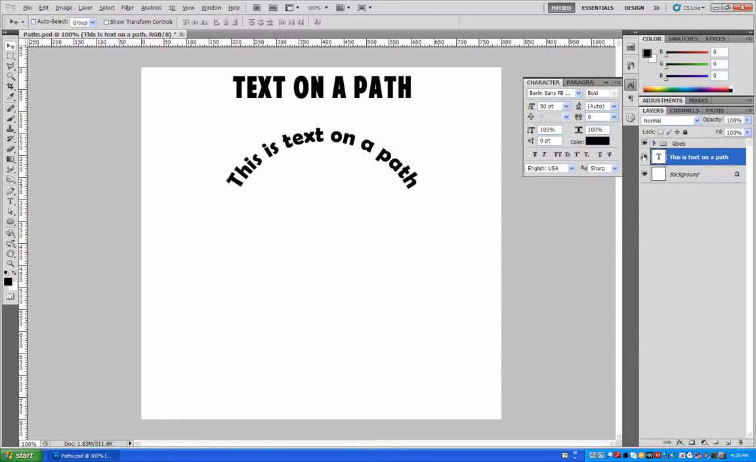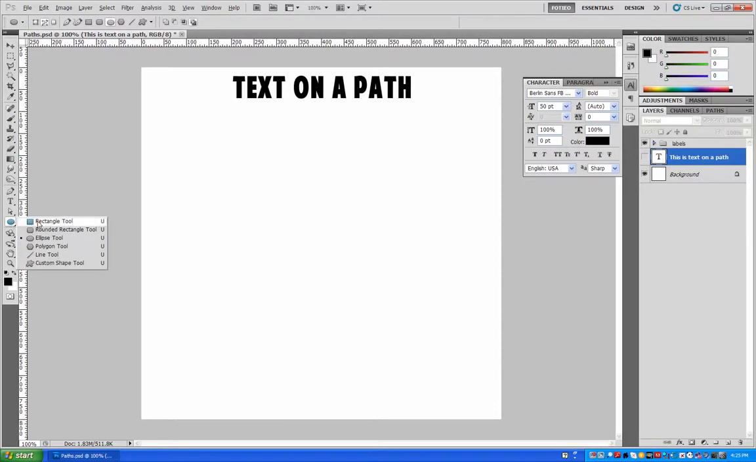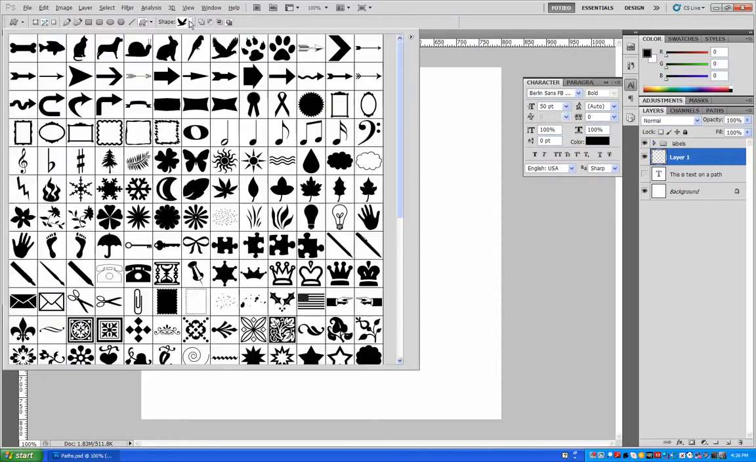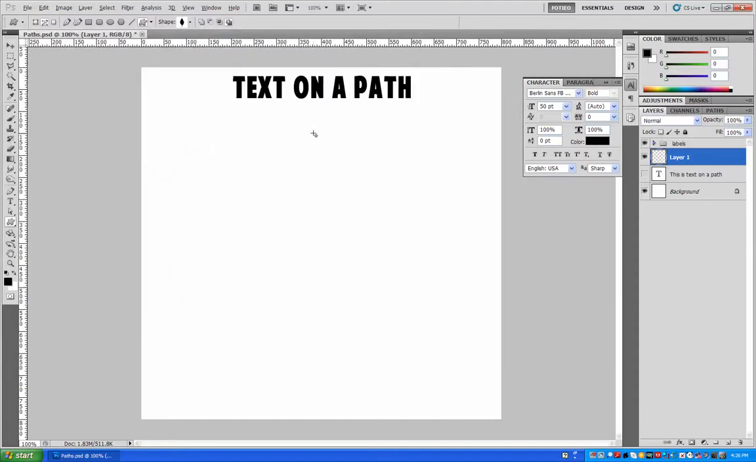So that's one sample. And paths, they don't have to be circular, so I could do a rectangle path, but I'm going to show a custom shape path here. So I'm going to do that one on a new layer here and make sure I have my path icon up here on my option bar selected, and I'm going to pick a particular shape that I want it to follow. I'll use this leaf. I'm going to drag out the path,